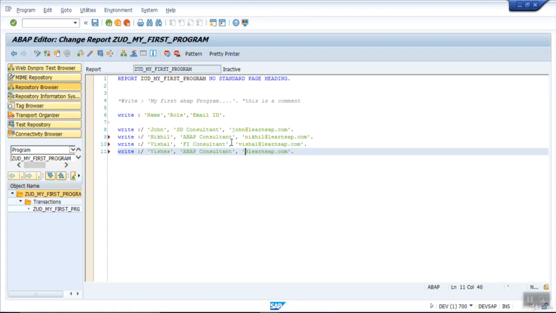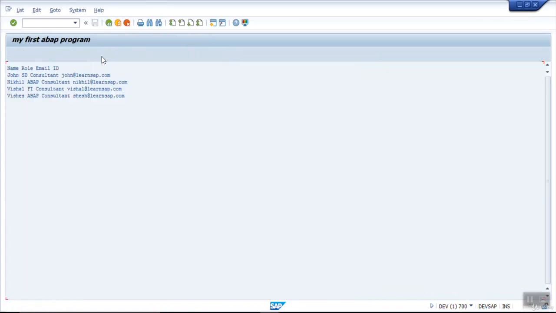Like this, I am adding multiple rows after the heading line. Control S, check and activate. Execute. Now if you see here, the system has printed the header line, my first line, and all the new records are